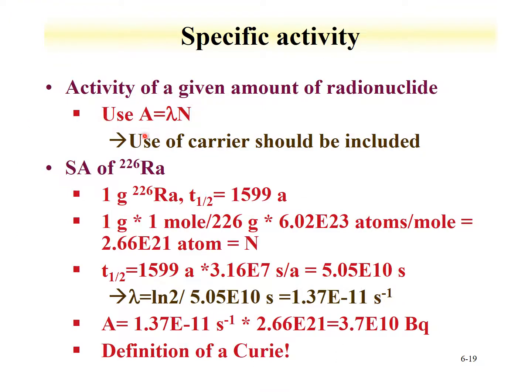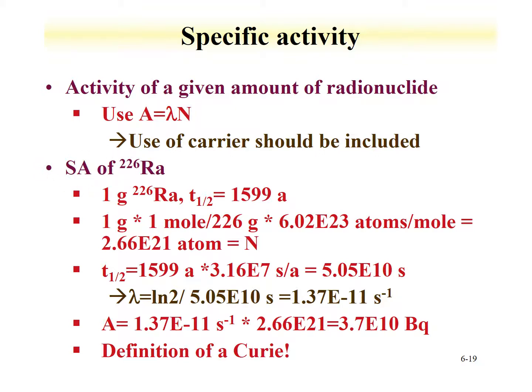The equation activity equals lambda N can also be used to derive something called the specific activity. The specific activity is that activity for a given amount of radionuclide. As a shorthand, some people often calculate the specific activity. For instance, 1 gram of plutonium-239 has a certain amount of activity. As an example, let's calculate the specific activity for